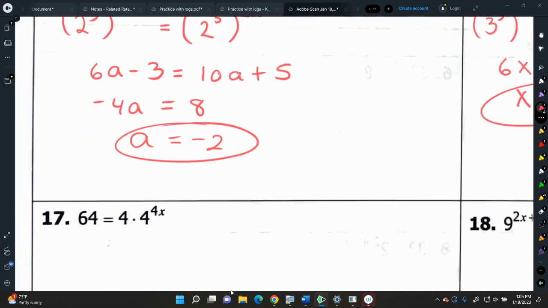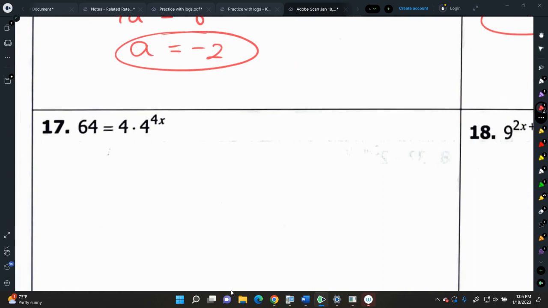Okay, 17. So base 4. Can I write 64 as a base 4? 4 to the third. Good. And then on the right, what do I have? 4 to the,